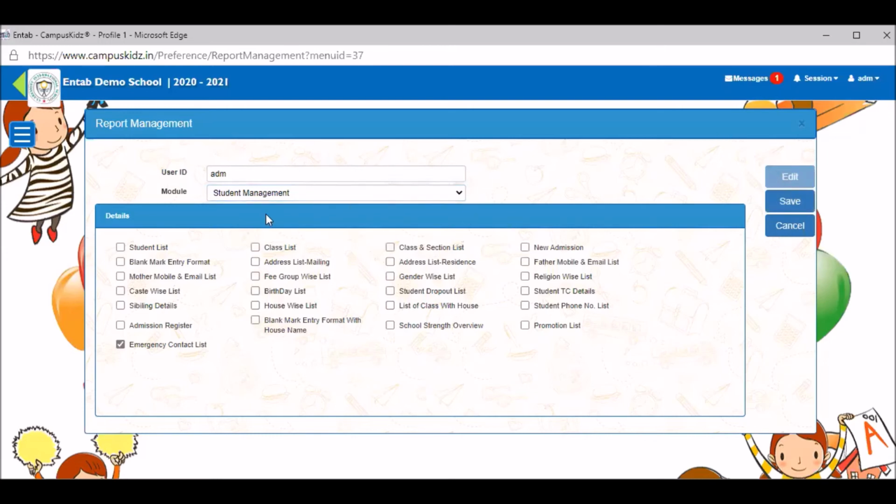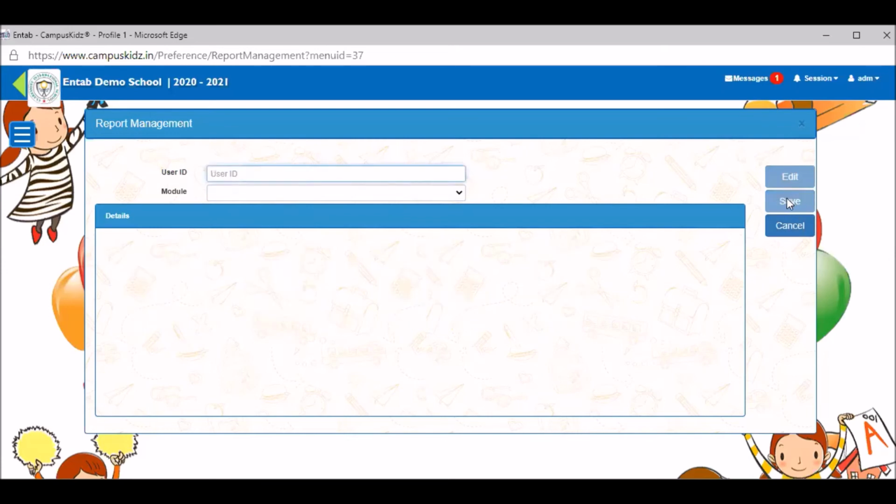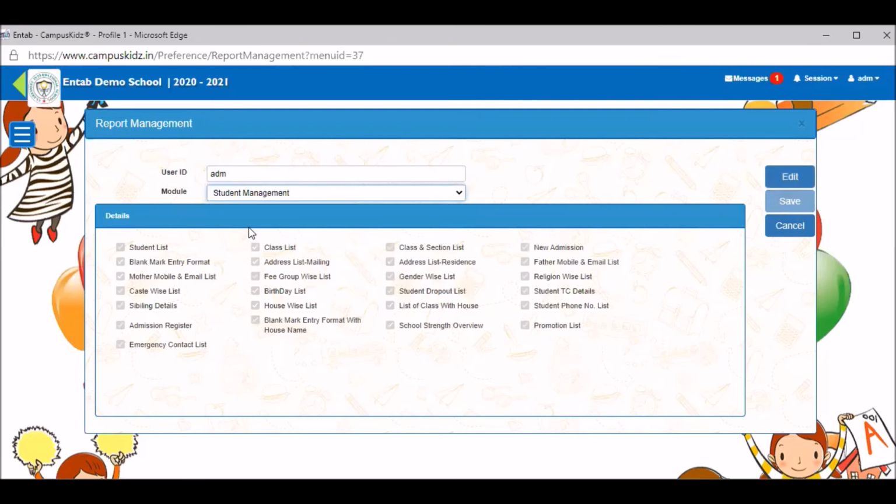Once I click on edit, come to any of the checkboxes, right click and do select. All the reports are selected. Now I go and click on save. If I go back and check once again by typing the user ID and going to student management, it shows that all the report access has been provided to this particular user.